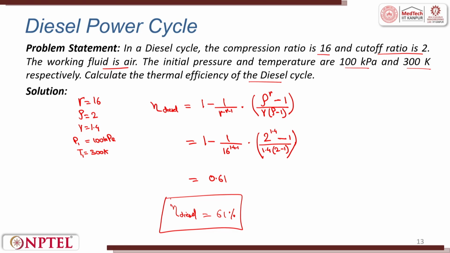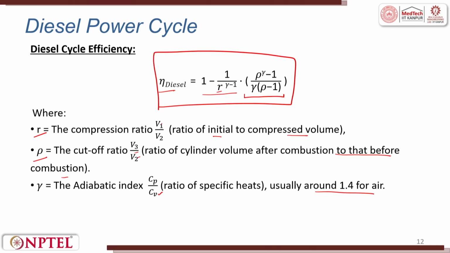Actually, we had the variables with us and we calculated the efficiency. Sometimes the variables are not given, like the previous problem that we discussed in the previous part of the tutorial. You might have to determine the salient points, temperature, pressure, to find the values of the compression ratio and the cutoff ratio, in which the compression ratio is V1 by V2 and the cutoff ratio is V3 by V2.